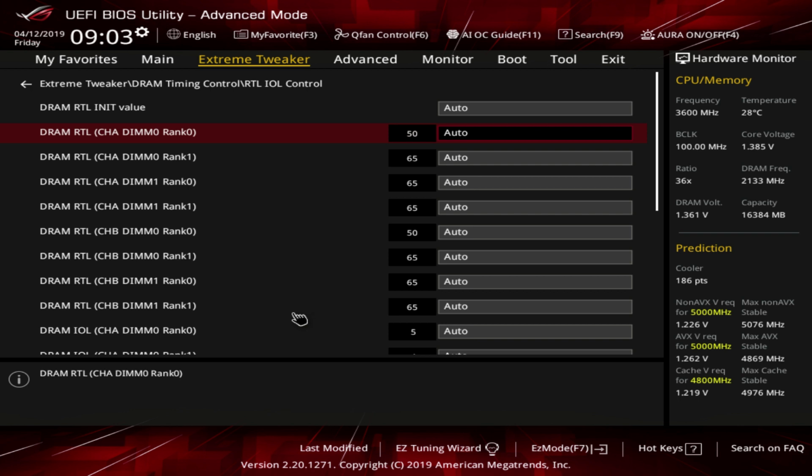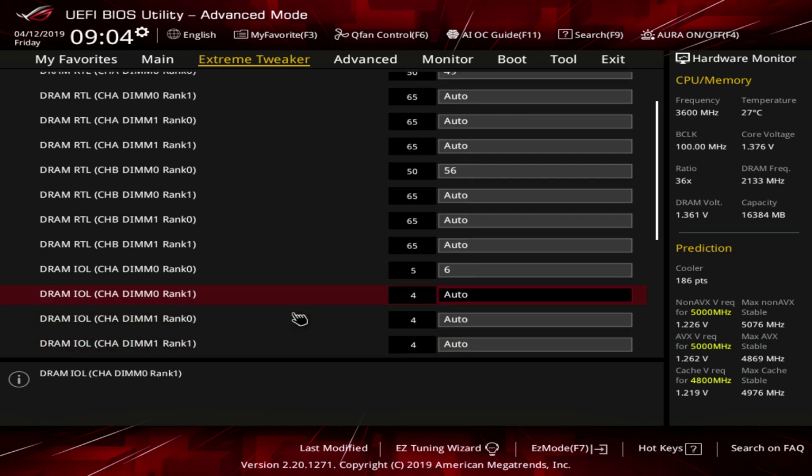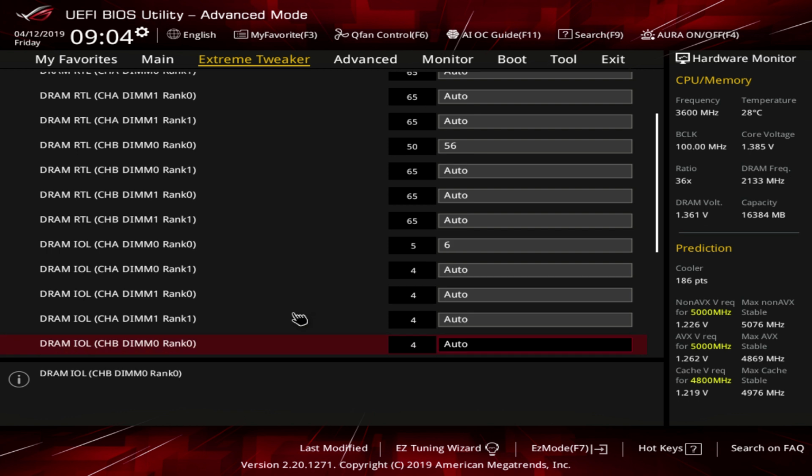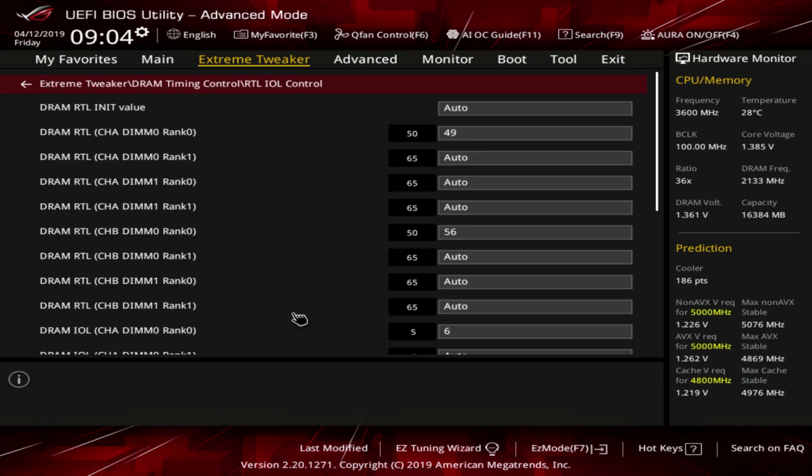What can sometimes happen is that the motherboard will boot up and you'll get something like 51, or no, you'll get something like 49, and then you'll get like 56 here, and you'll have 6, 6. Well, actually, no, that one would be auto. What is it? IOL 4, 4. So that's dim 0 rank 1, dim 1 rank 0, dim 1 rank 1. So this one would also be, and like this one would be 8. Okay, and when that kind of thing happens, you'd call that an RTL miss, because the motherboard sets